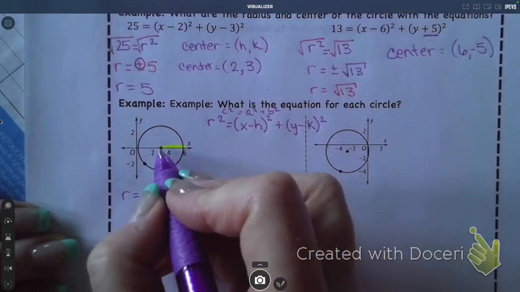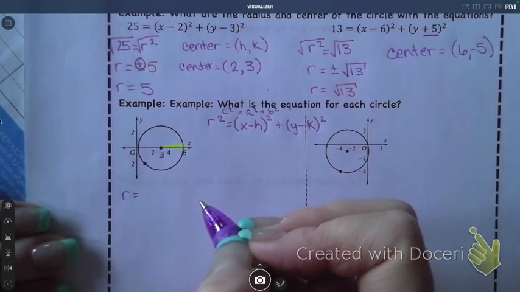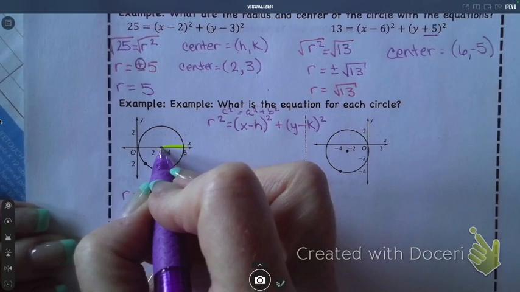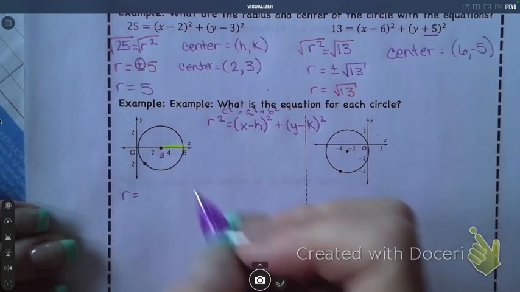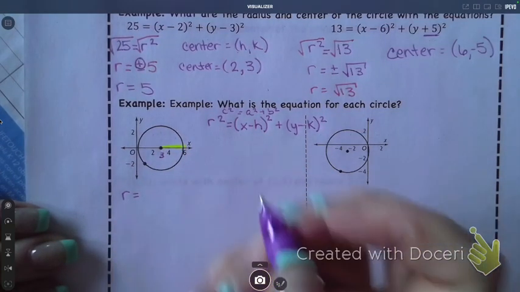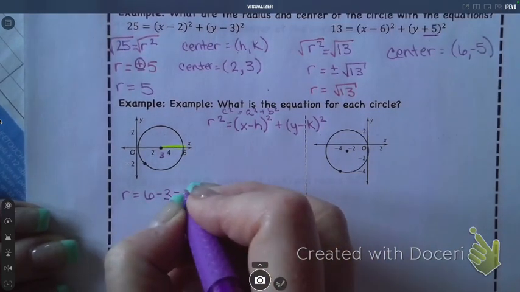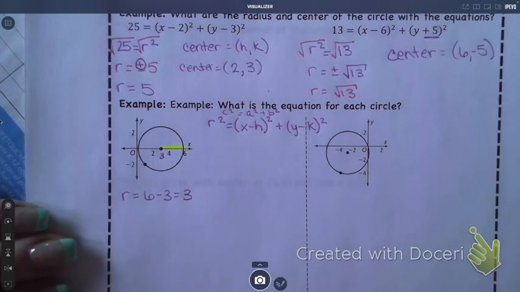Okay, its center is 3. It hits the circle at 6. How are you going to find the radius, guys? You're going to subtract. 6 minus 3 equals 3. Write that down. Don't just write 3. Why would you not just write 3? Because you don't know how to get it, and your notes aren't going to do you any good at home,